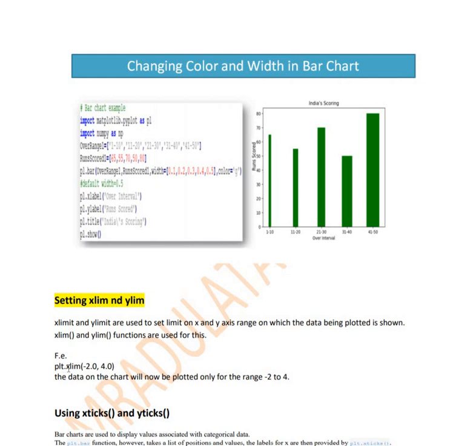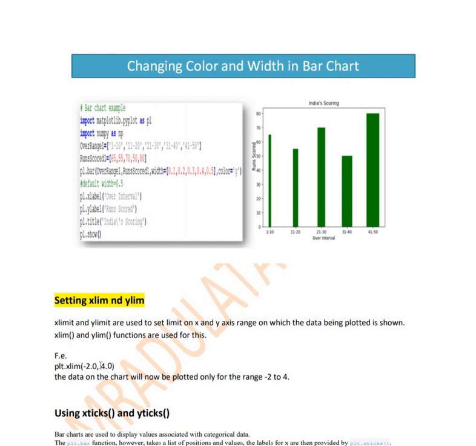We can customize these things by using the functions xlim and ylim. So in the given example, plt.xlim, for the x-axis it is giving the limit that the starting value should be minus 2.0 and the last value used at the x-axis should be 4.0, and in between, as per the data in the question, the midpoints will be determined automatically.